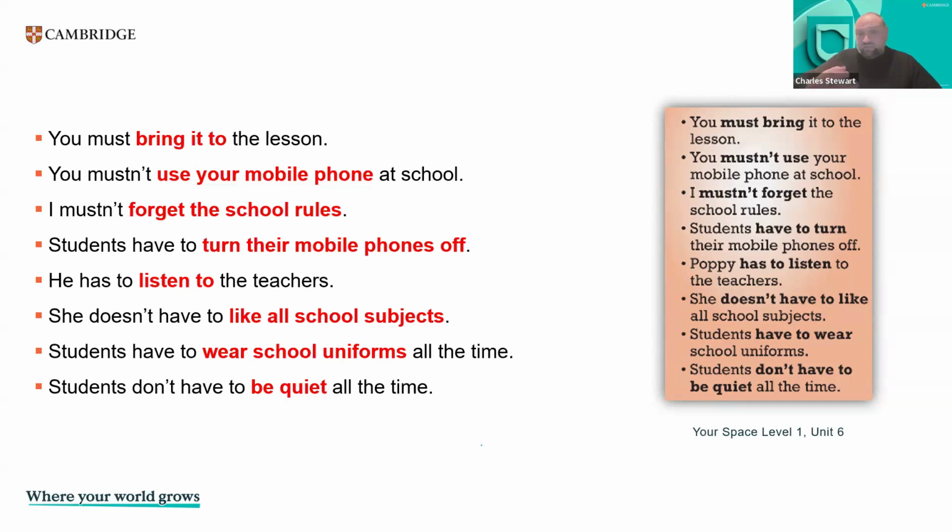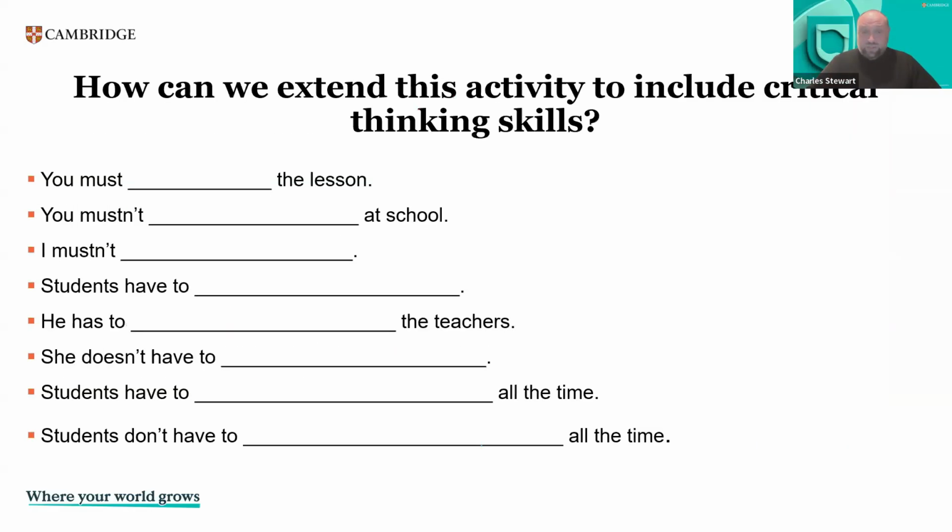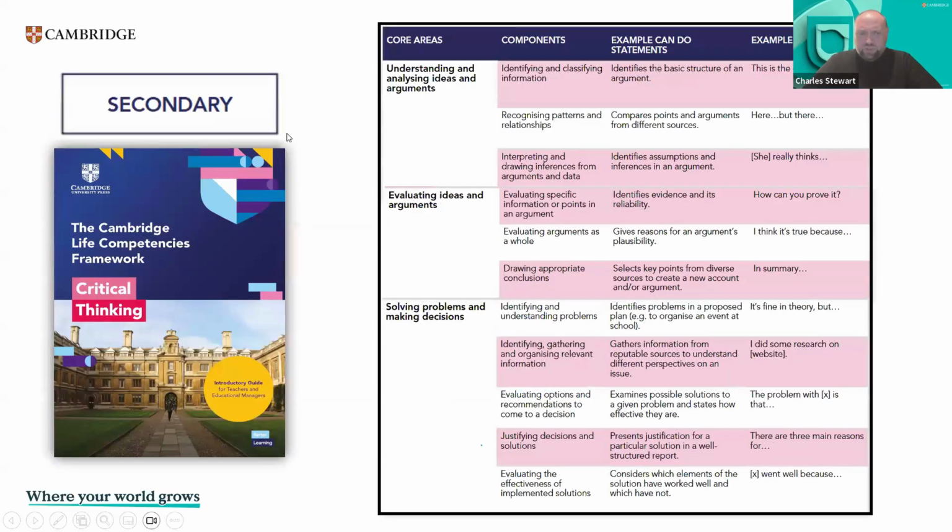Therefore, I'm eliciting from them, and then I'm getting them to compare it with their own lesson. I would extend this activity to delve into something dealing with critical thinking skills. So my question is for you now, after the reading, how can I extend this activity to include critical thinking skills? So referring back to the life competencies framework for critical thinking,